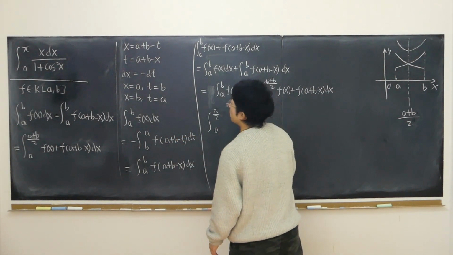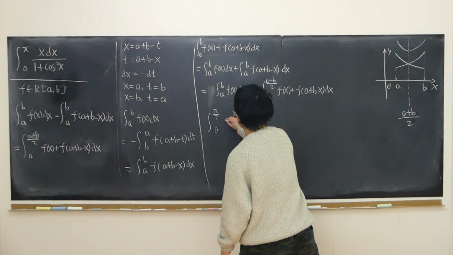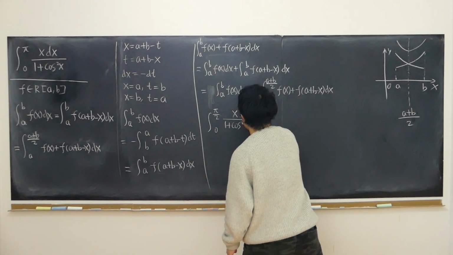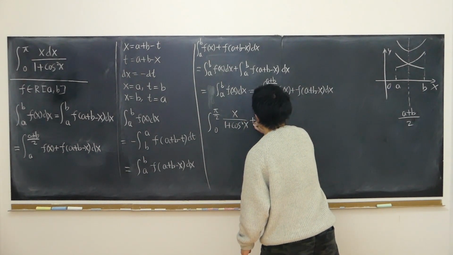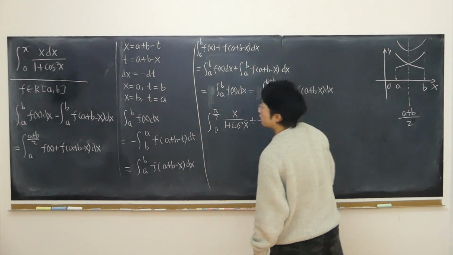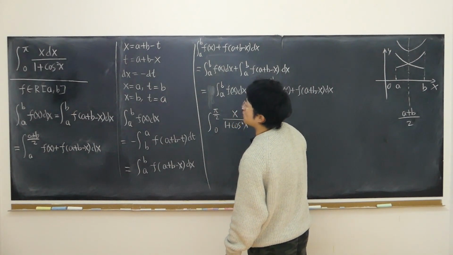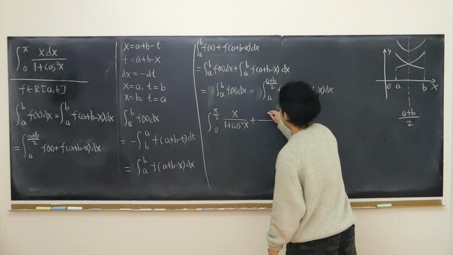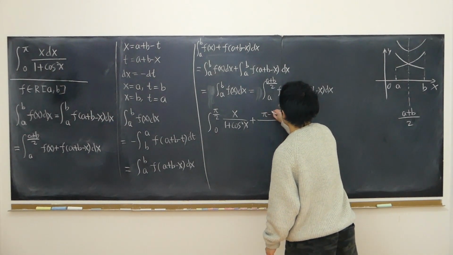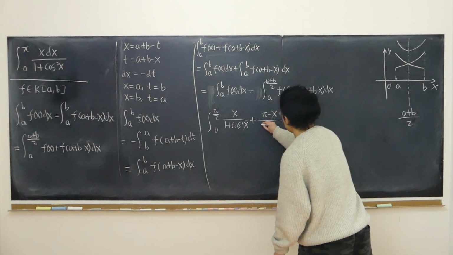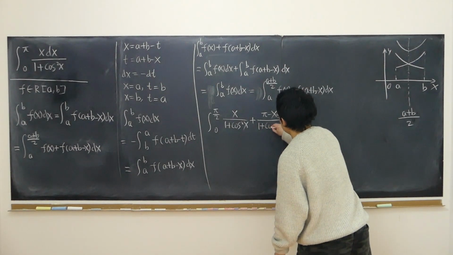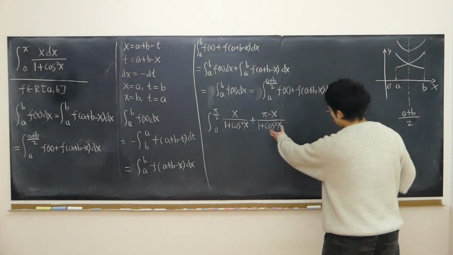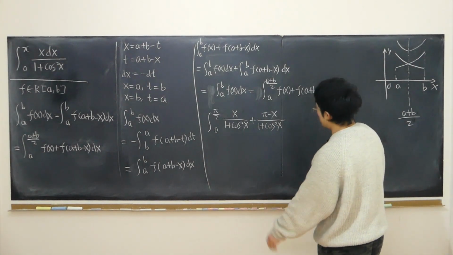So what is f of x? That is x over 1 plus cosine square x. And plus, what is a plus b minus x? That is pi minus x. Now, x becomes pi minus x, and 1 plus cosine square x, still cosine square x. The reason is because